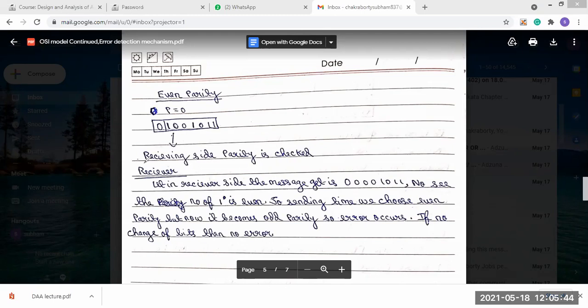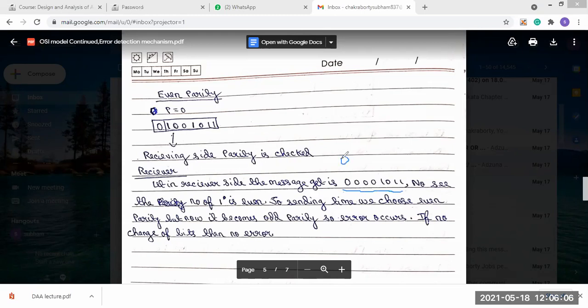But in case some 0 gets changed to 1 or 1 gets changed to 0, let's say the receiver gets a message like 0001011.